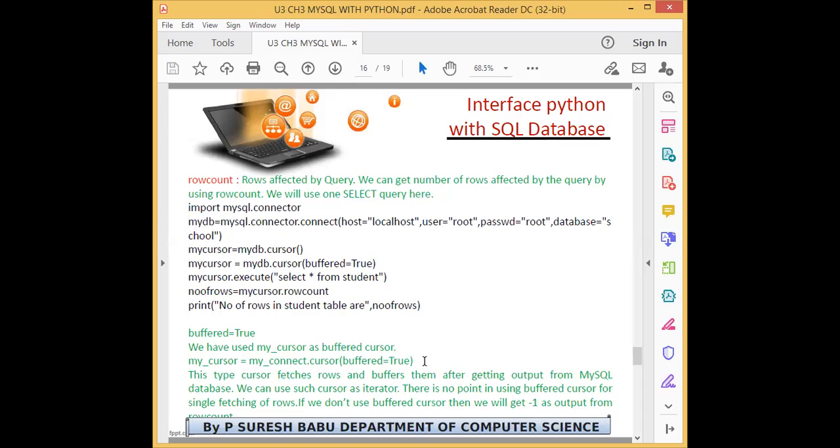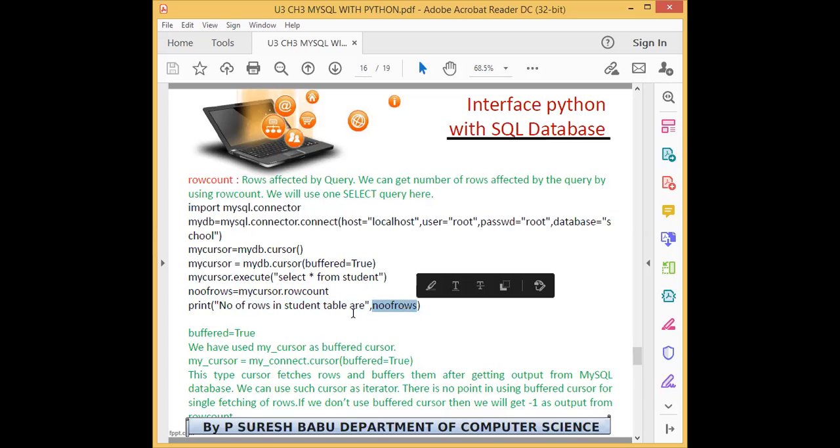It will display the number of rows affected by that SQL query. Okay, see, this is the command: number of rows equal to mycursor.rowcount. So this will store the affected rows in the number of rows variable, so that you can get it later. Okay, see here, number of rows in a student table are number of rows.